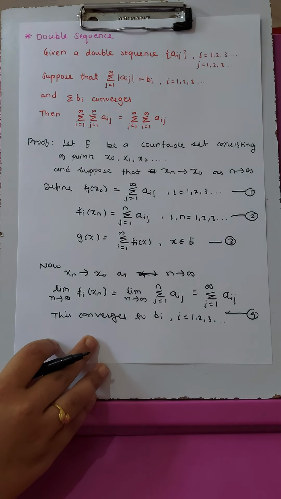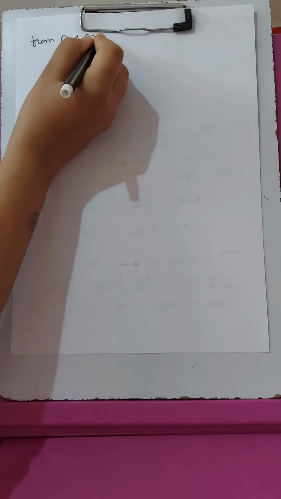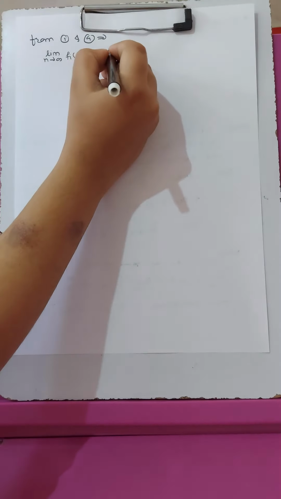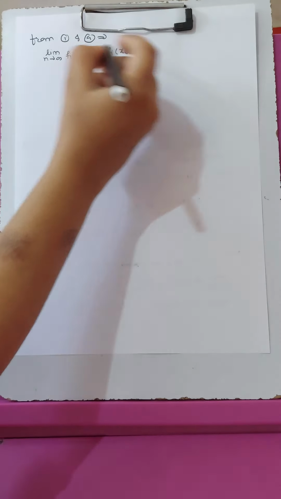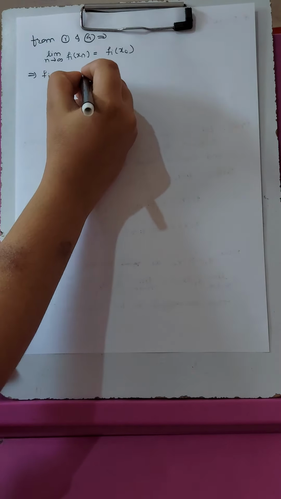This is by given. Now next, from 1 and 4 it implies that limit n tends to infinity fi of xn is equals to fi of x0. This implies that fi is continuous